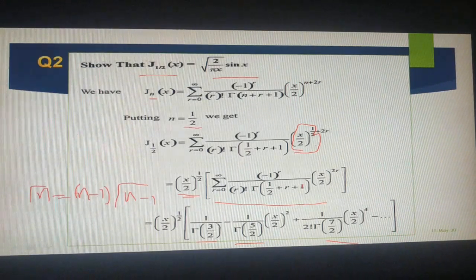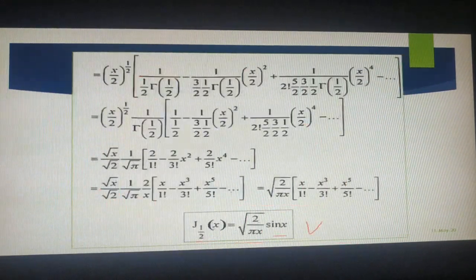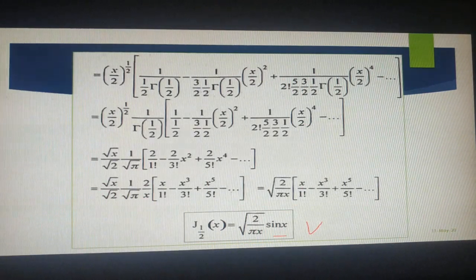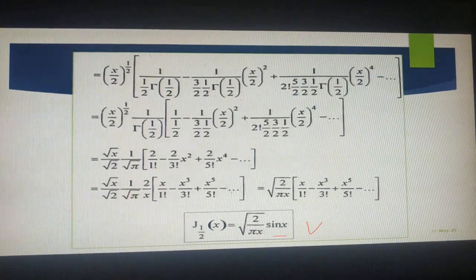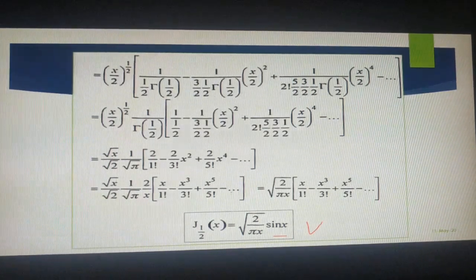So I am just writing the same thing. Gamma 3 by 2, we can write as 1 by 2 gamma 1 by 2. Here this is actually 5 by 2, so gamma 5 by 2 is 3 by 2 into gamma 3 by 2. Again gamma 3 by 2 I can write as 1 by 2 into gamma 1 by 2. I recommend you please go back and see your previous course on gamma beta functions. I explained all this very carefully. If you have your notes with you, please go back and check all these properties. Very simple properties we are using here.